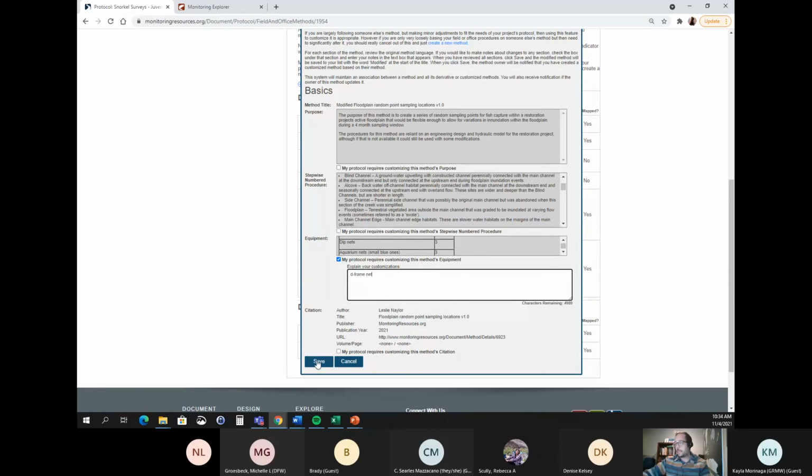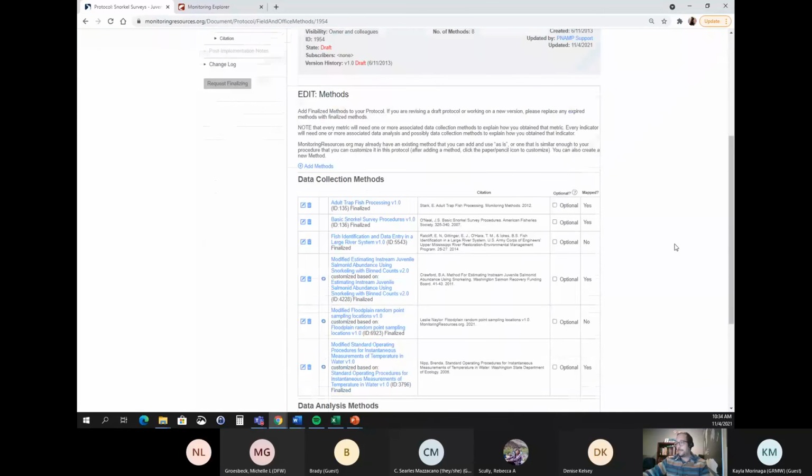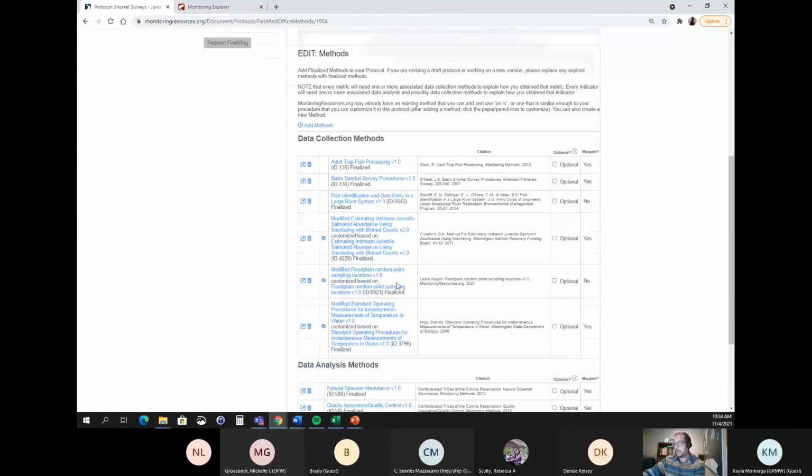And then I just click save. And their dip nets might be D-frame nets, but I'm just clarifying here that my method is a little bit different. And so now you'll see here that this method that I added now says modified